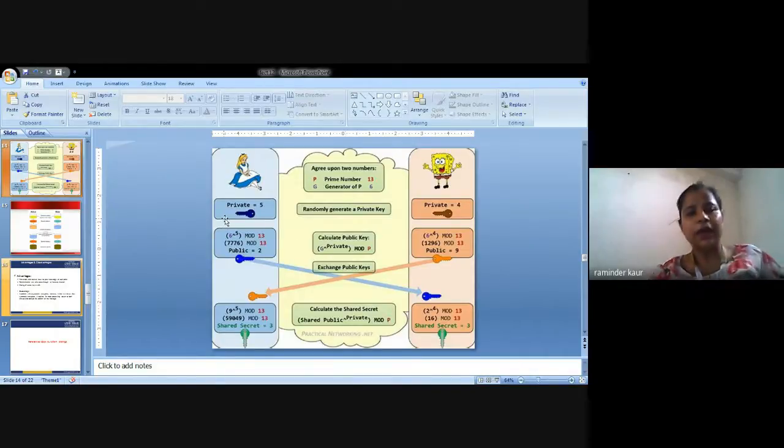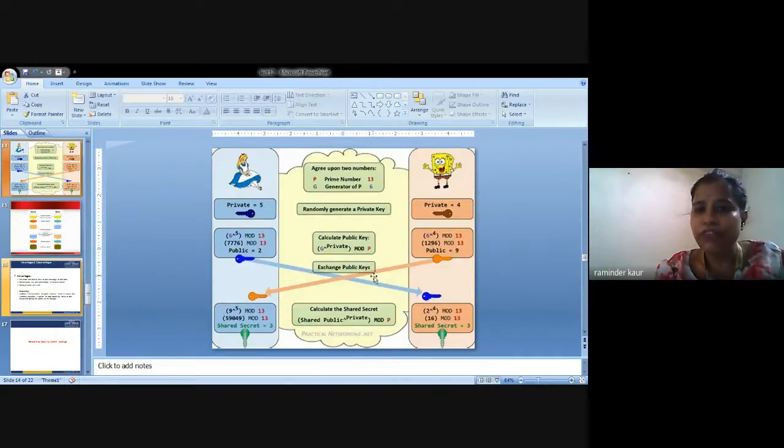So on the extreme left hand and extreme right hand, there are the calculations being performed, and in between, in the center, there are the formulas being used: how the private key will be selected, how the numbers will be generated, how the calculations will be performed, and how we will proceed with the algorithm. So this was the second step, that is calculate the public key. Here the formula is given: G raised to power of the private number, or the key that we have used, that is 5, into modulus of P.